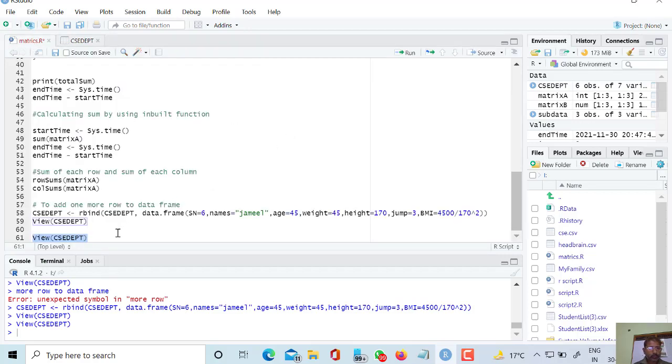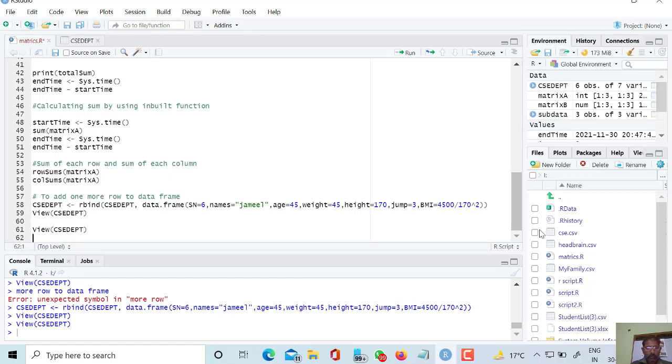Now I want to see the summary. Summary is a very important and interesting function in R. So if we type summary and want to know the summary of CSE department, then let me see what the output will be.